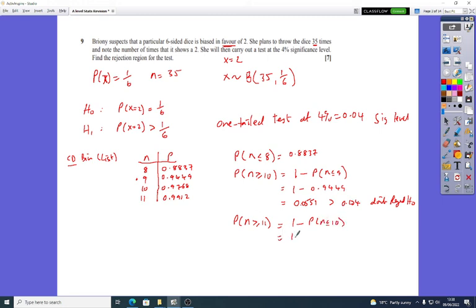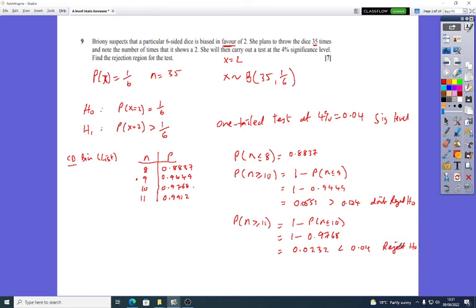We know that less than or equal to 10 is this one, so 1 minus 0.9768, and if you put that through the calculator, you'll get 0.0232, which is less than 4%, and at that point you can reject